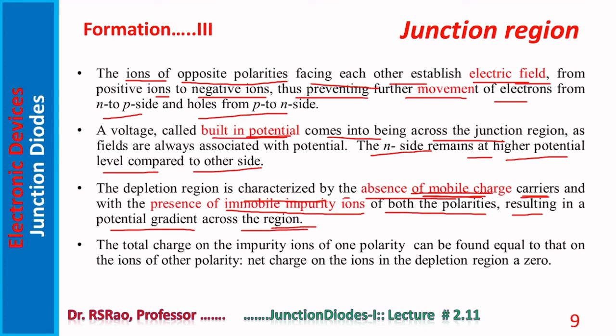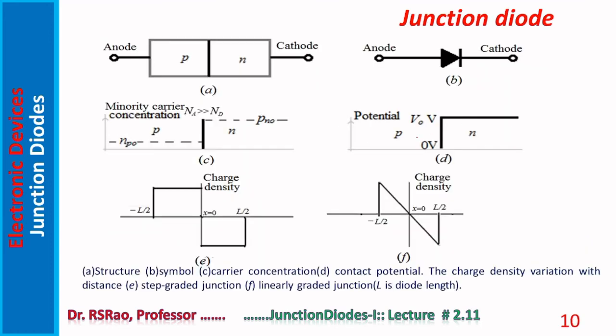So absence of mobile charge, presence of immobile impurity ions. This is the important characteristic of depletion region or junction region. The total charge on the impurity ions of one polarity can be found equal to that on the ions of other polarity. Net charge on the ions in the depletion region is 0. Another important property pertaining to depletion region. Here is shown